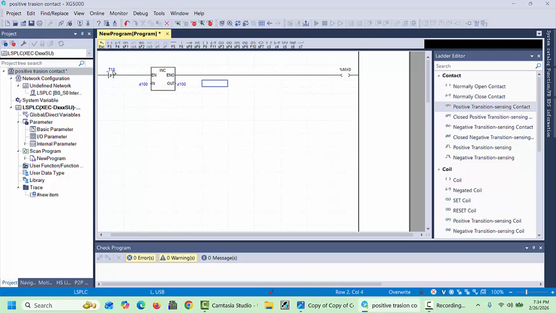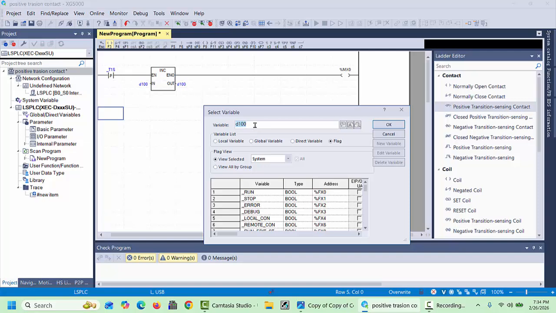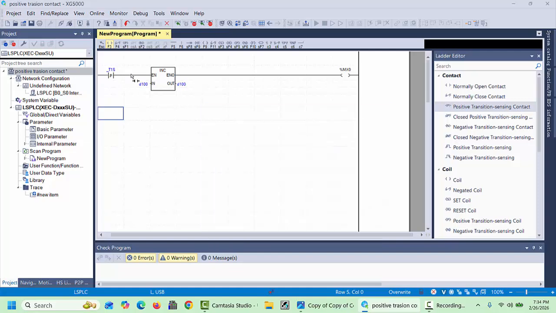And the same as this positive transition contact, here we will choose one without the positive transition, means double click on this one, and here you can place the same. Also we can use Control C and Control V to copy it here. The same command we will choose, the F10 function,